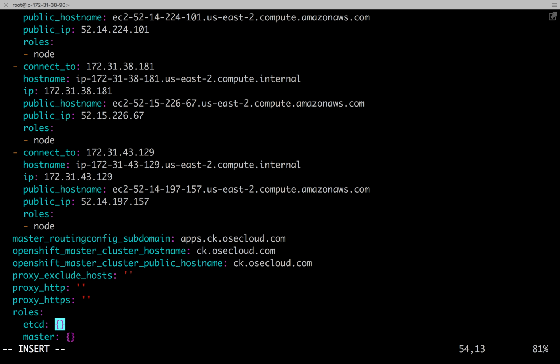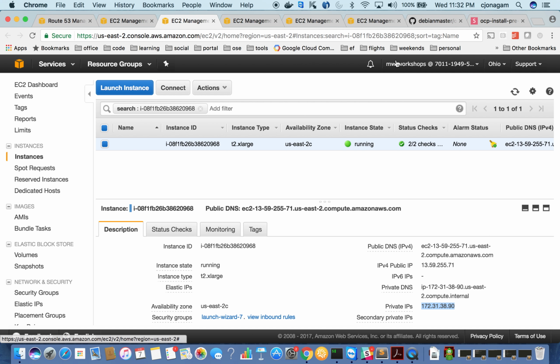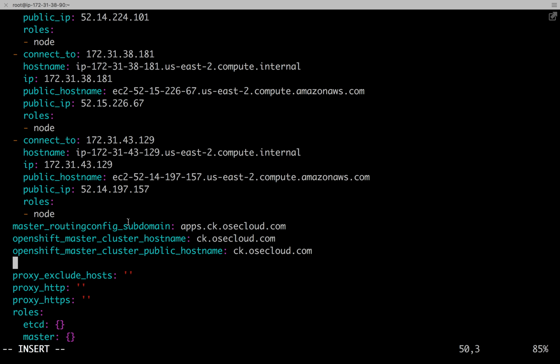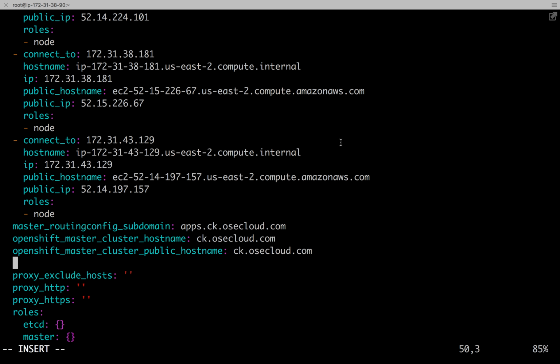So some other options, like I said, I want to install the router, the registry console, and then metrics and some other bunch of features. That's why I'm going to update some of the variables here, the global variables. So the master default subdomain, I guess it is already configured. It should be somewhere. Otherwise, we can just update it again. So that's not a deal. I need to update it with the right values. There is no equal to here. Say, yeah,